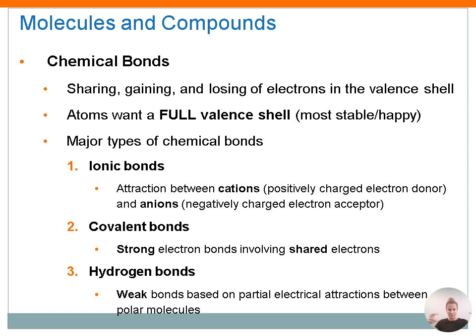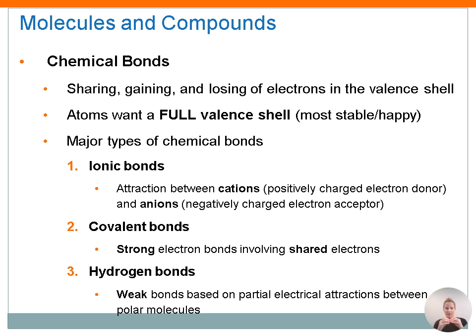You can have two atoms that come together and decide to share electrons with each other. Or you can have two atoms that come together and either gain an electron or lose an electron, they give one away. So there's multiple different things that atoms can do with these electrons, but they do something. They either share, gain, or lose electrons from their valence shell, and that forms a bond between two atoms that